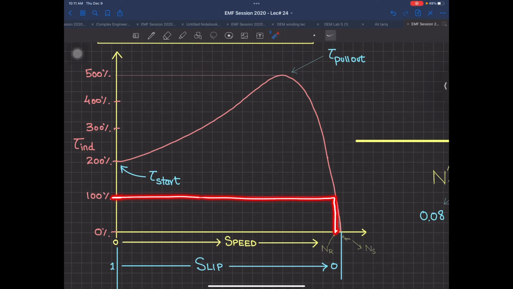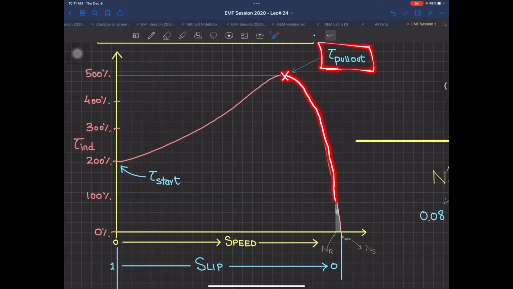But if you have designed specifically one machine that has a torque capability more than that, you make the winding a bit better, thicker, use thick wire, and you try to take this one, the maximum torque it will achieve over here is going to be called the pull out. The word pull out, because at this point you have to pull out your machine from the circuit. Because if you don't do it, after this point the torque is going to be less.